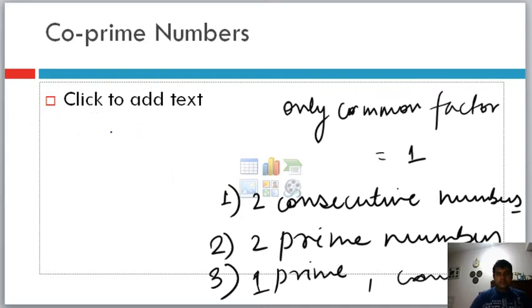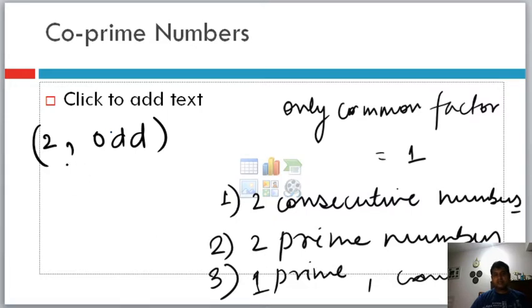So for example, yesterday, if you remember, we learned that there are two types of prime numbers: odd prime numbers and even prime numbers. So here for example 3, if let's say you choose the even prime number, which is 2, okay, so for prime we have chosen 2, then your composite number that you choose cannot be an even number, because the moment it is an even number, 2 will be dividing that number and there will be a common factor. So you will have 2 and any odd number, they will be co-prime.